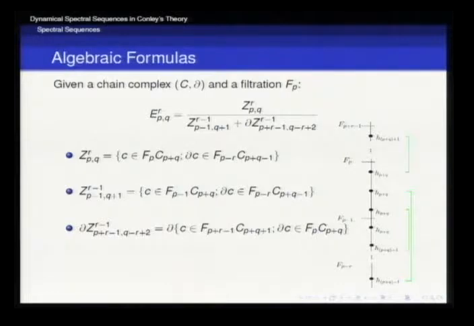This is what terrifies people, looking at these formulas. You look at them and say, what does this mean, right? If we think of these H's as just the critical points of index p+1, p+q+1, here a collection of p+q, here mixed-up other indices, an arbitrary filtration, you can see here on the left. What are these formulas saying? They're just saying that you're going to look at the chains that are in the filtration F_p of index p+q.